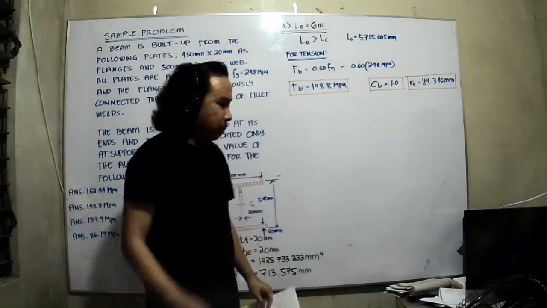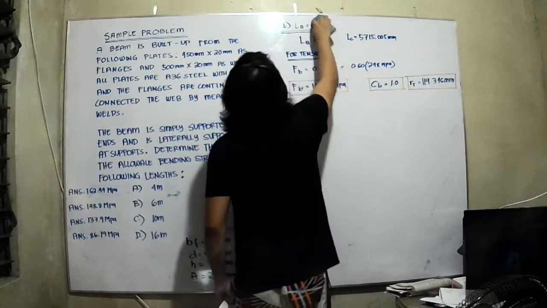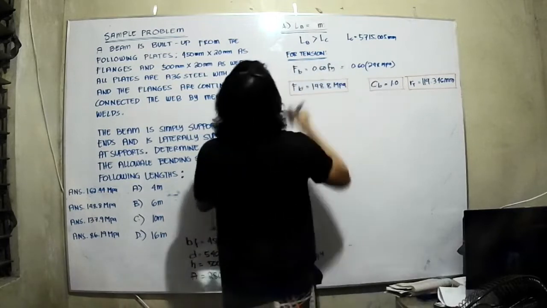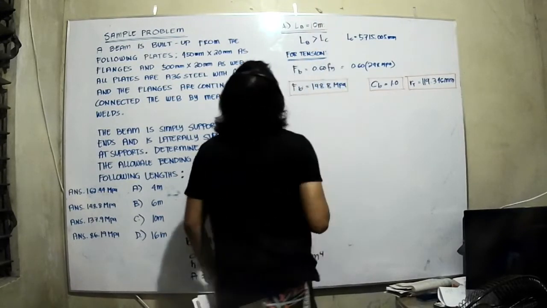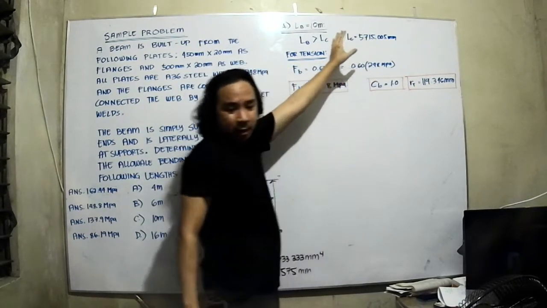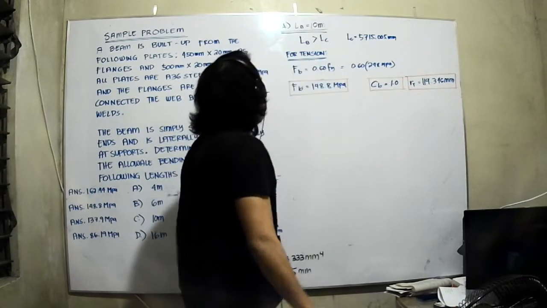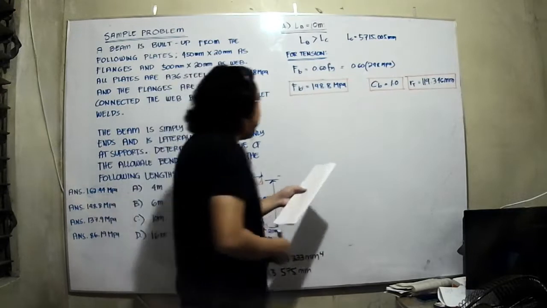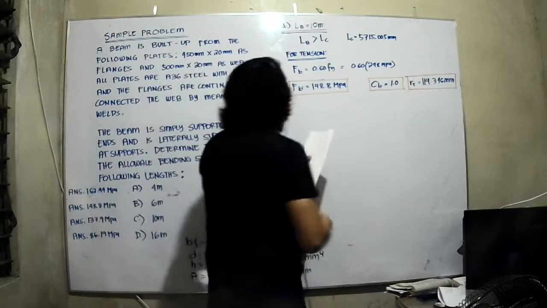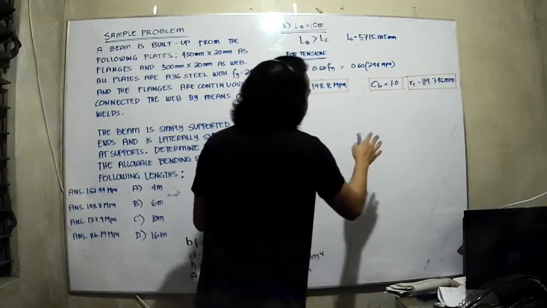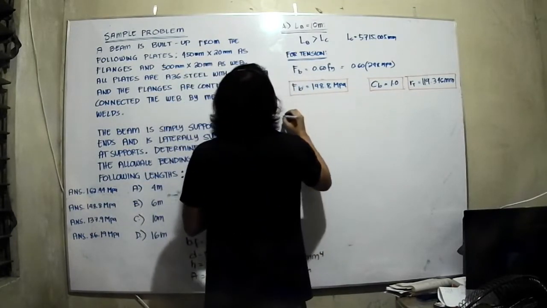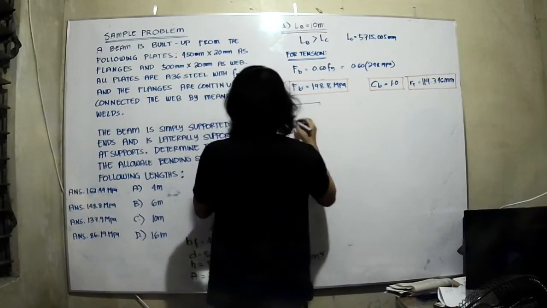Okay. So, let's try out when LB is equal to 10 meters. Now, it's quite obvious that our LC is the same, and it is still lesser than LB, right? So it is the same procedure as before. Now, for tension, it is the same, there is not much change. CB is the same, RT does not change. Only our length has changed. Now, our upper limit is equal to